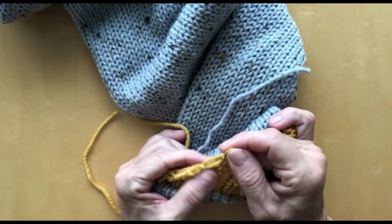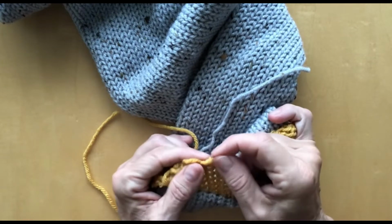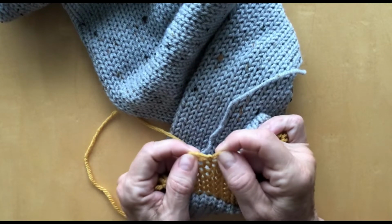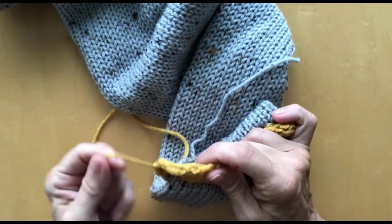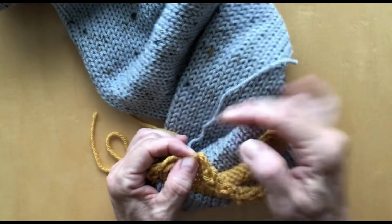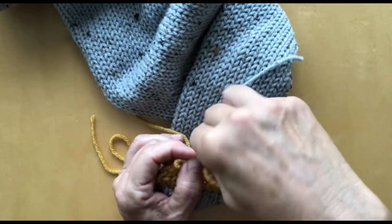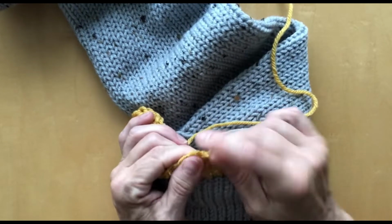Now this is the hard side, because you'll see that there are loops up there that are caught in all those stitches, and it doesn't easily come out. That was the beginning of our project. So what you've got to do is unravel until you get to that top row, pinch the stitch that's to the left of where you're pulling, and pull that out. You're going to do that all around